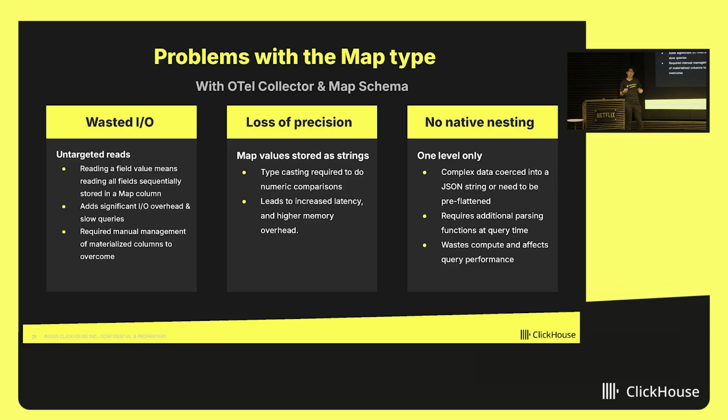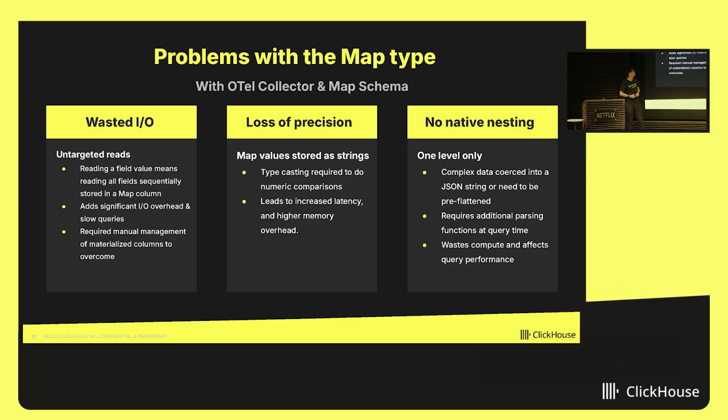The second problem is also a loss of precision. Because we're casting everything into a string, whether it's a uint, int, a float64, or anything else, it has to get cast into a string and then recast back to its original type to actually get the data back, which can lose precision in the process and, of course, adds additional casting that you might not want. And the last part is also about nesting. Say you have something like a.b.c, a deeply nested property. With maps, you have to manage that on your own. You only get one level of a map by default in ClickHouse. Versus in JSON, you can store a.b.c and then query back as a.b.c, and it'll work perfectly fine without any extra work needed.